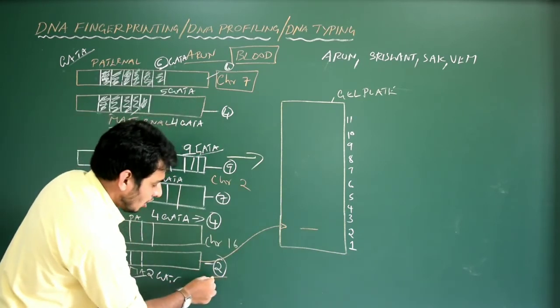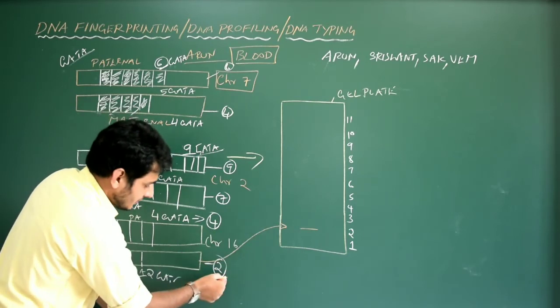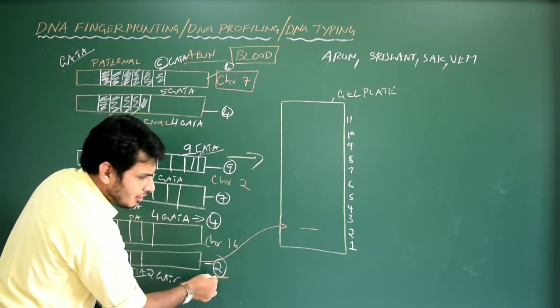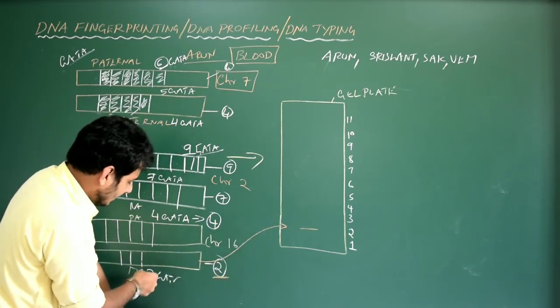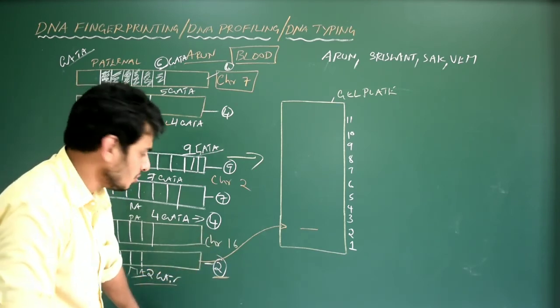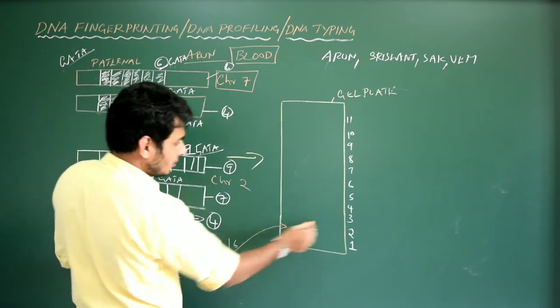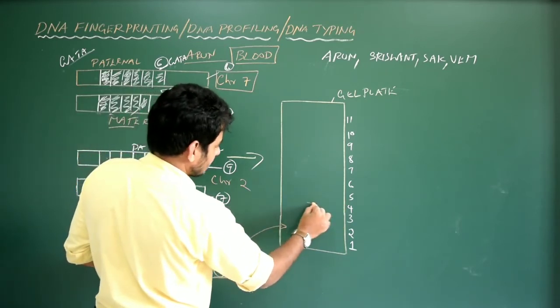But remember that on the agarose gel, this is the gel plate. Okay, or nitrocellulose plate. You will understand it later. This is now a very small number of tandem repeats present in the chromosome number 16, specifically in the maternal chromosome, very few. In this case it is a bit more. Okay, so here 4. Where exactly 4 is there? Okay, here 4 is there.